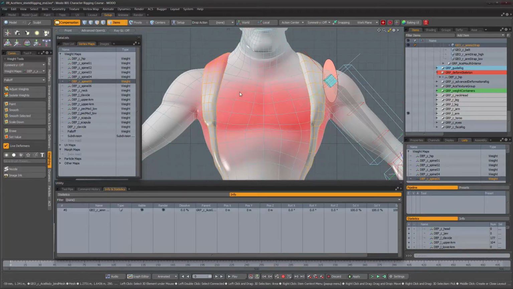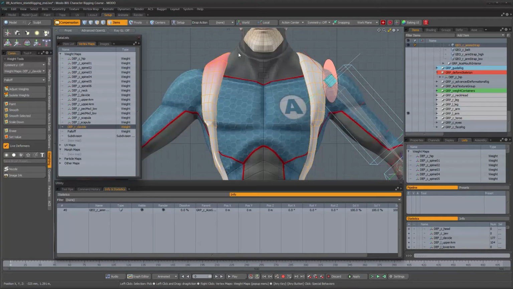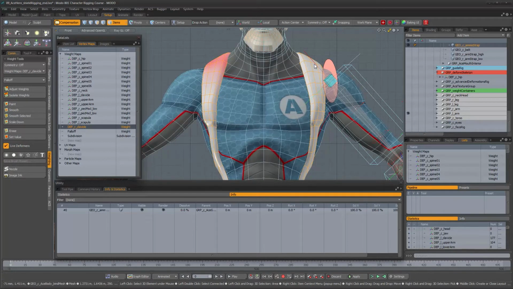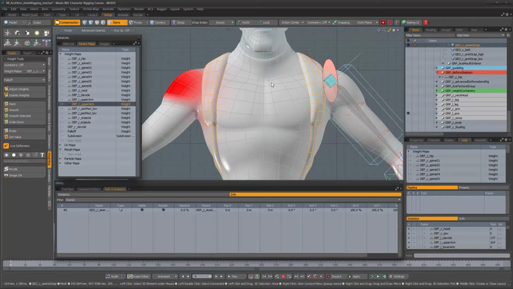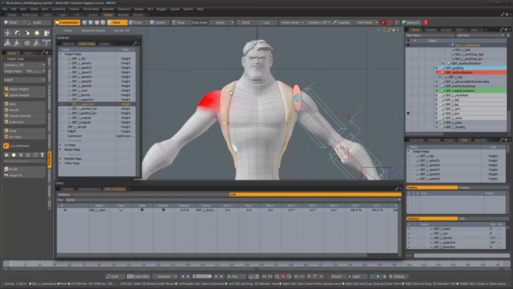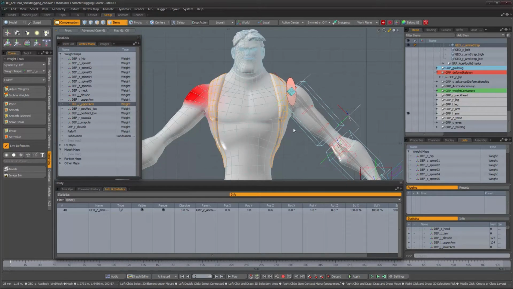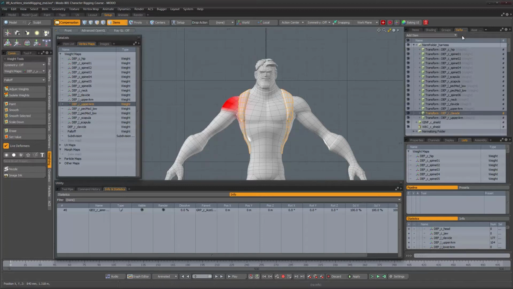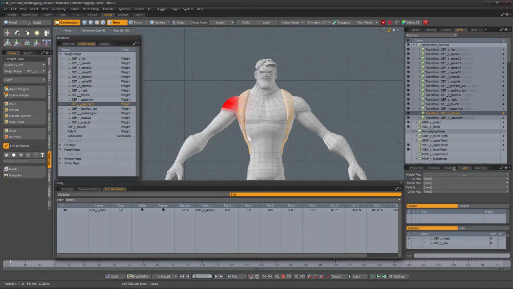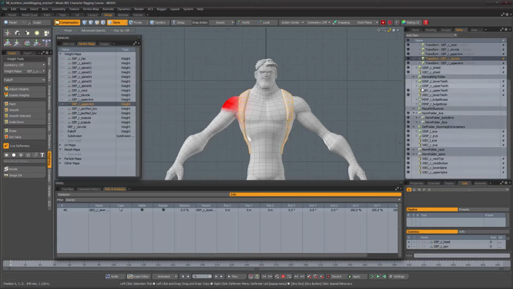So those are done. I also mirrored the right clavicle onto its opposing weight map, and I mirrored the right upper arm also to this side, just to make sure I have the formations identical on both sides of the character. So now that that's done, let's do some cleanup here in our deformers tab, because we have a bunch of stuff here that we would definitely want to